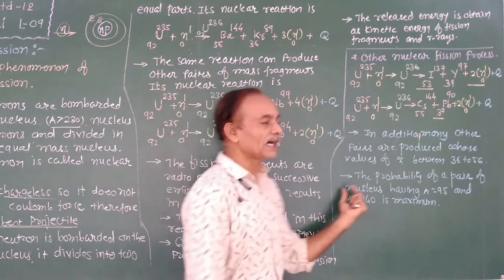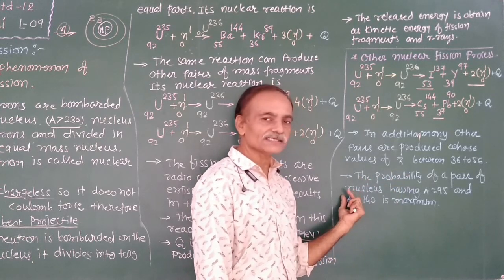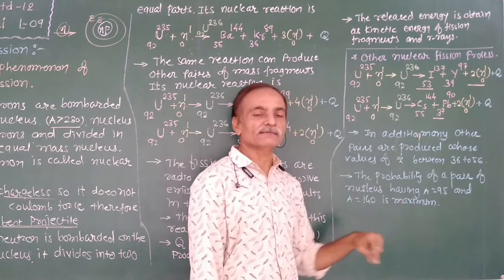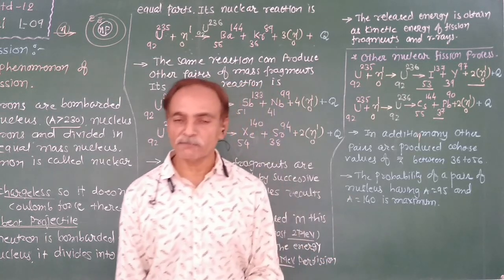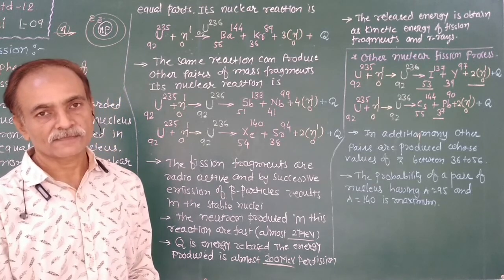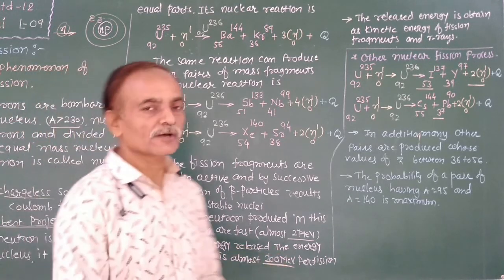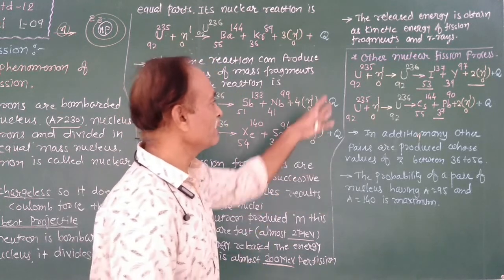Here which pair is produced? The probability of a pair of nuclei having atomic mass number A equal to 95 and A equal to 140 is maximum. So this is the portion of the nuclear fission process. Clear? So keep in mind this